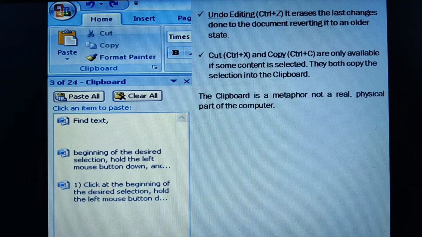I'll show you exactly what the clipboard can contain at one particular time. When you cut a selection, it completely vanishes from your page. When you copy the contents, it remains on the page. I'll be showing you all these options.